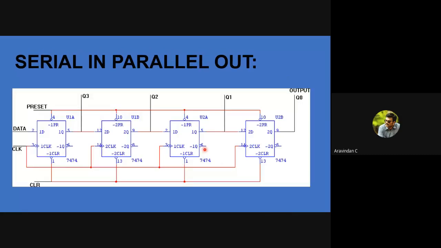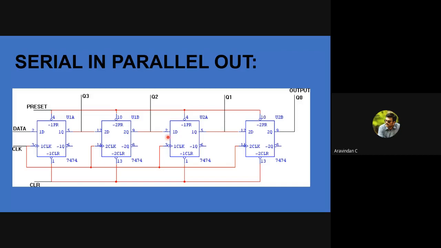Okay, and the next one is nothing but a serial in, parallel out. Similarly, everybody is interconnected. Like 101 is connected to 102, 102 is interconnected to 103. But I am able to see the output performance at every person. I have direct contact with 101. I have direct contact with 102. I have direct contact with 103. So I am able to see what output is being delivered from 101 to 102. This is also a serial communication only, but I can see what data has been delivered to every person. Since I mentioned I'm transferring a chocolate, 101 will take 100% of the chocolate. Again, 102 will get only 80% of the chocolate. 103 will get only 50% of the chocolate. I cannot give a guarantee to 152.